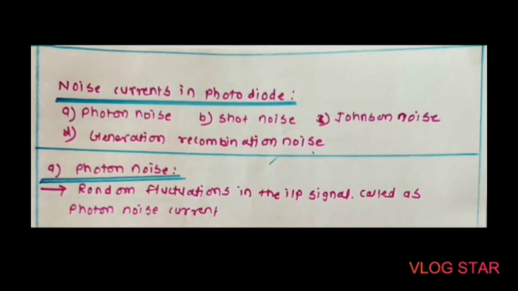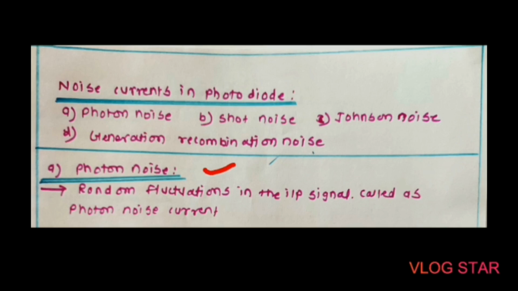Now in the next part, we are going to study the different noise currents in the PIN photodiode. As compared to photoresistors, the noise current in PIN photodiodes is less. It can be reduced to a considerable extent. The different noise currents in photodiodes are: the first is photon noise, second shot noise, third Johnson noise, and last